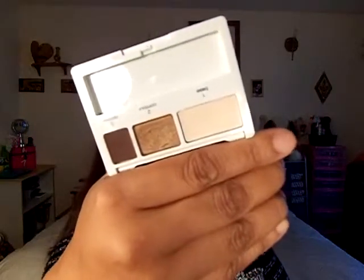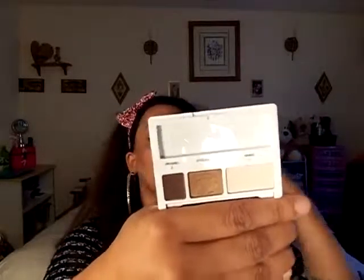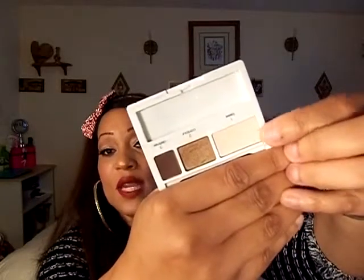I use it a lot because it has the simple shades that most of us use, okay? This shade right here, I put this on my brow bone and even on my eyelid at times. This shade right here, a lot of times I will use this on my eyelid or into the crease. And of course, this deep, beautiful chocolate brown shade, I put this into the crease, and sometimes I put it